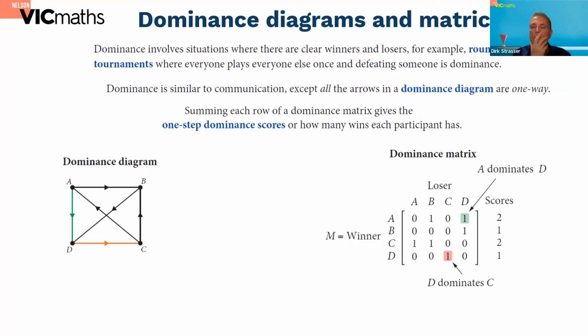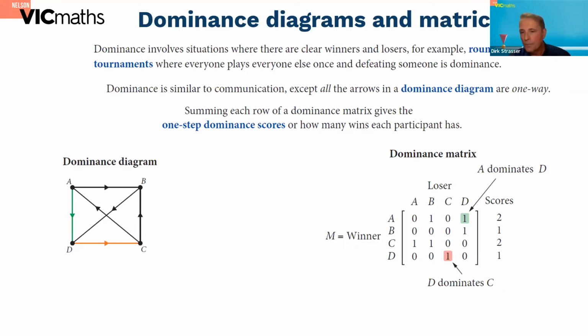So adding up those, you can see that the scores are A has won twice and C has also won twice. So that means you can tell from that. The other thing that happens now, I won't cover it, but the same thing happens here as with